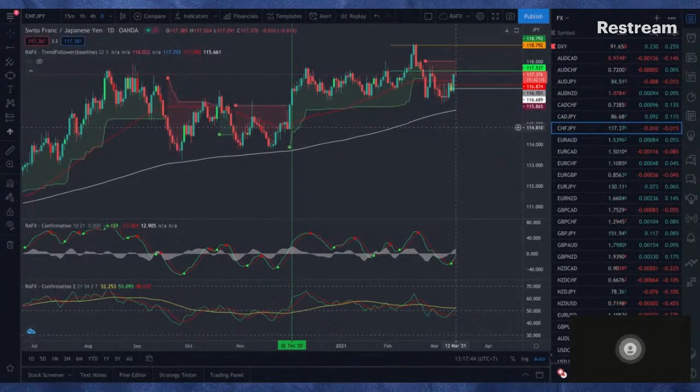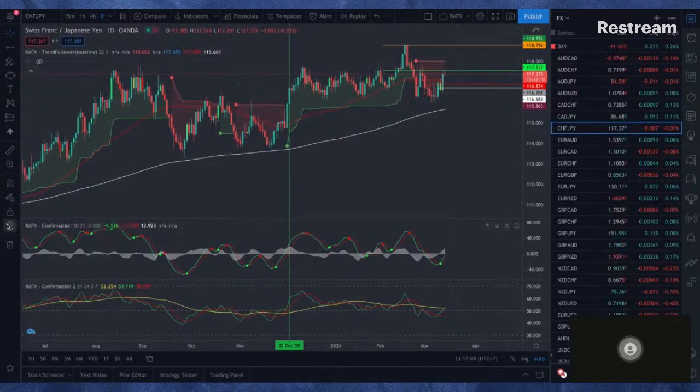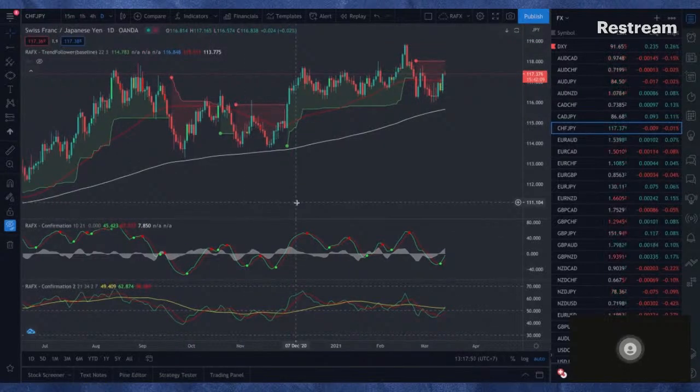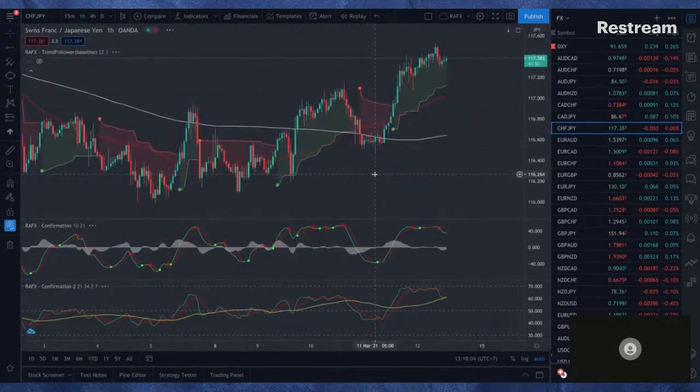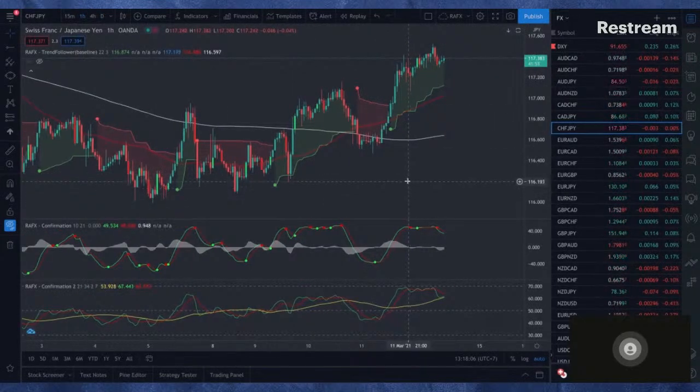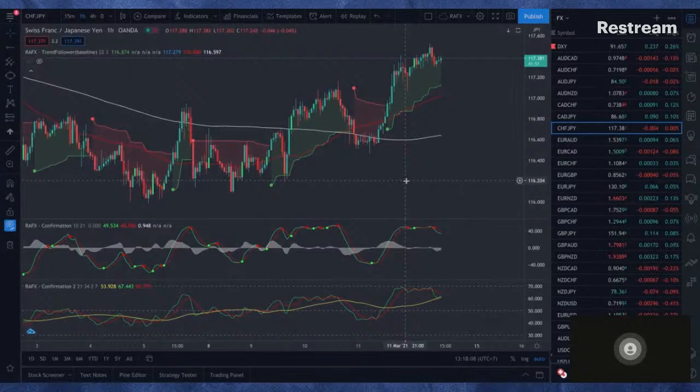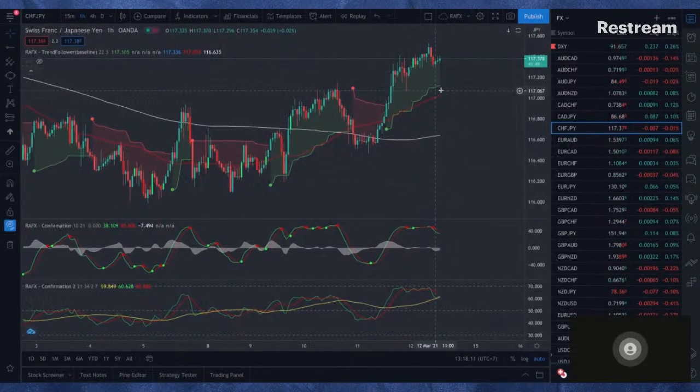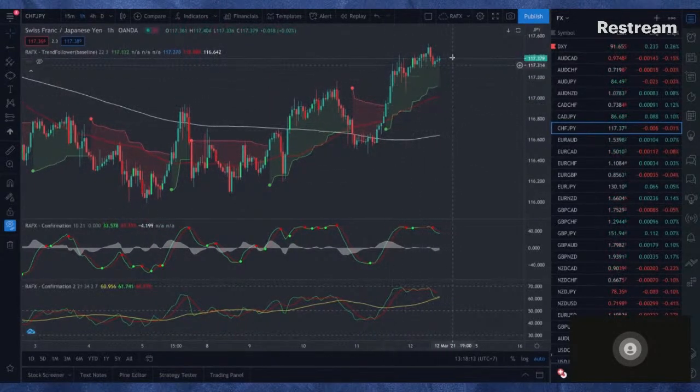CHF JPY is again one of my positions, but if I am a new trader looking for opportunity, this is still a good consideration to get into the trade because the price is not too far from the baseline, just above it. If I look into the 1 hour to check for entry trigger, it is a good one because the buy stop is here, the price is above the baseline,